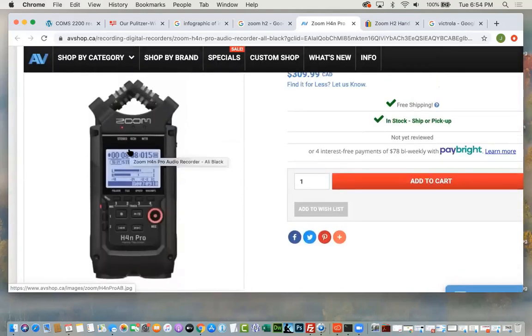You need that. You can then take the card and put it in a computer and do your recording, your editing later, which I'm going to show you. But this is all you need, quality-wise, voice-wise. It's good for voice. It's good for music. It's a little bit directional, but it's pretty good.